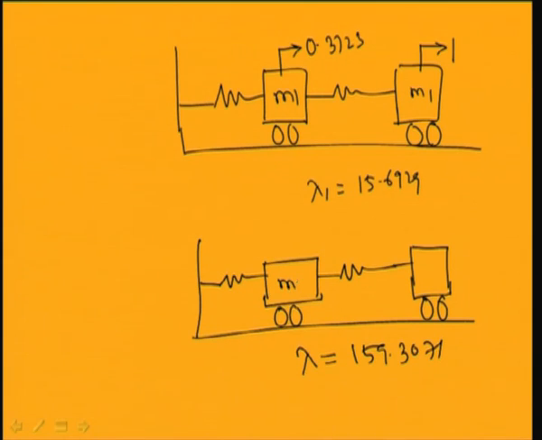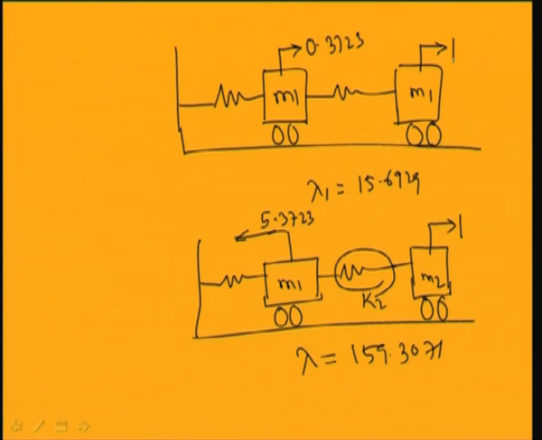So, this is mass m1, this is mass m2. For unit displacement of mass m2, m1 will move in the opposite direction with a magnitude of 5.3723. So, in this case the spring K2 will be under tension, and in this case,